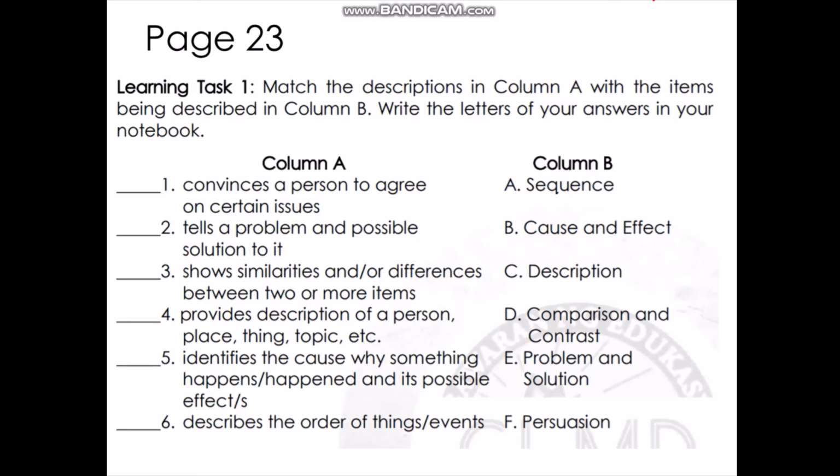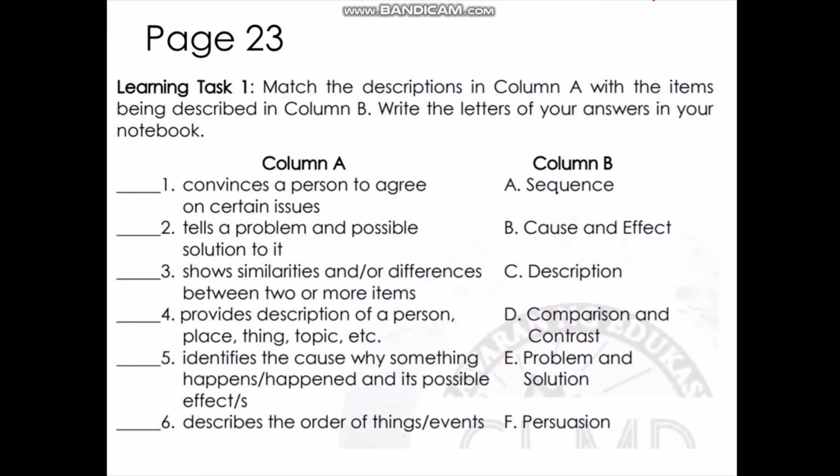Number 3. It shows similarities and differences between 2 or more items. So, A, B, C, D, E, F? Number 4. It provides description of a person, place, thing, topic, or etc. Is it letter A, sequence, B, cause and effect, C, description, D, comparison and contrast, E, problem and solution, or